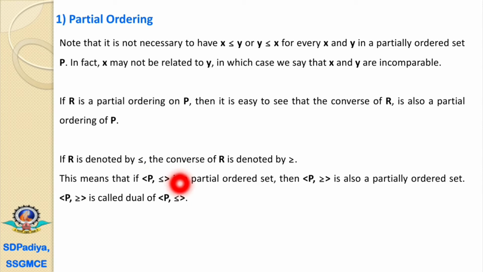It does not literally mean less than or equals to and greater than or equals to, but generally these symbols are used for these operations. That's why during reading we can read them as less than or equals to and greater than or equals to. The less than or equals to symbol is used for the partial order relation, and the greater than or equals to symbol is used for the converse partial order relation.